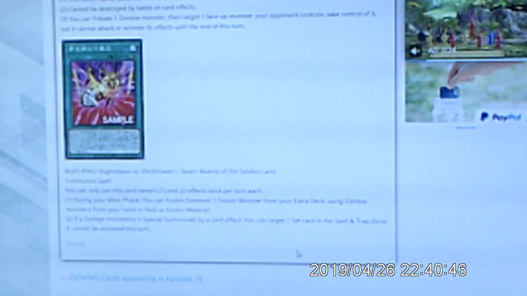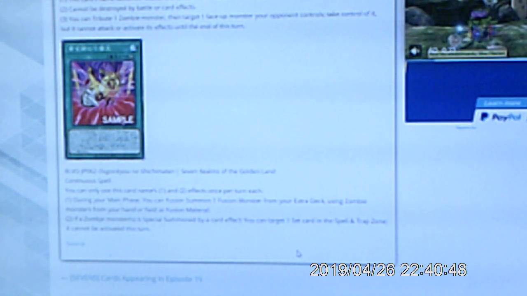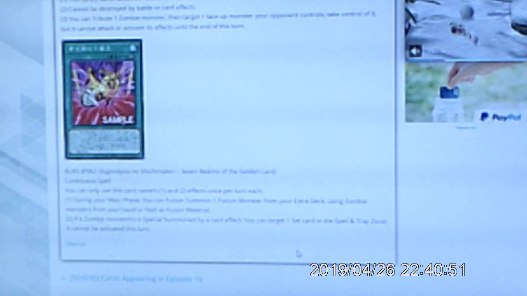Oh, cool. So you could make Eldlich, you could make the other fusions too, you could make the other zombies, you could play in the Zombie World deck when you got Super Polymerization on the card, which is pretty cool. And then